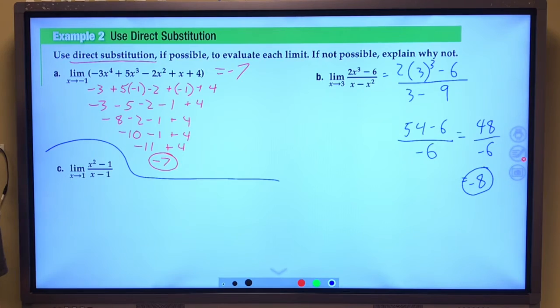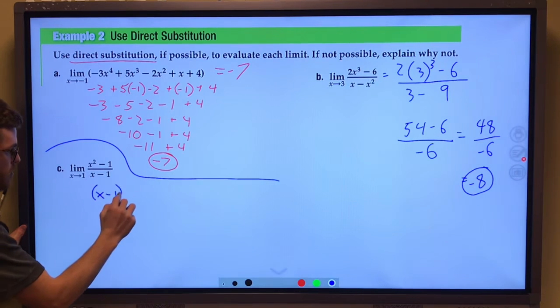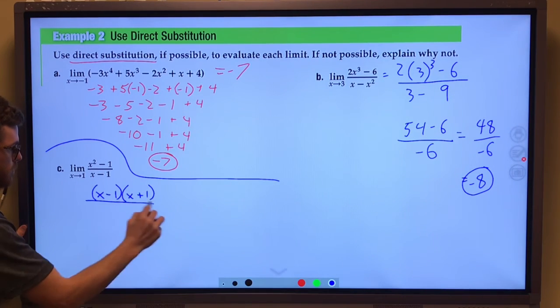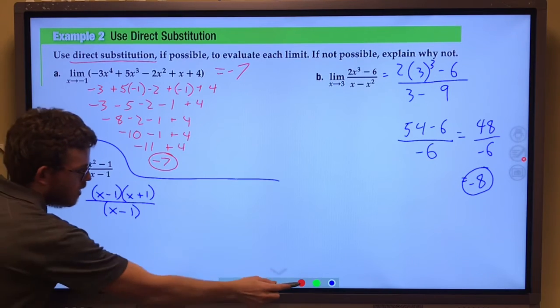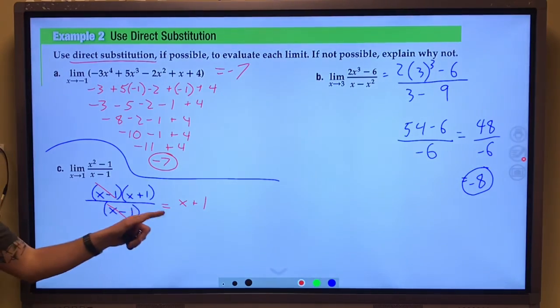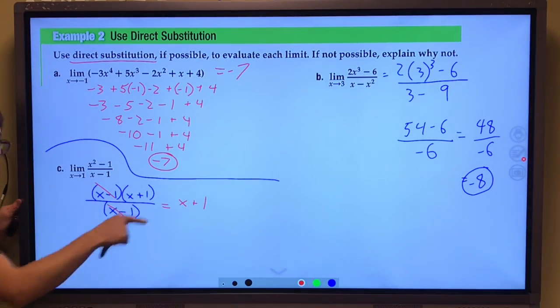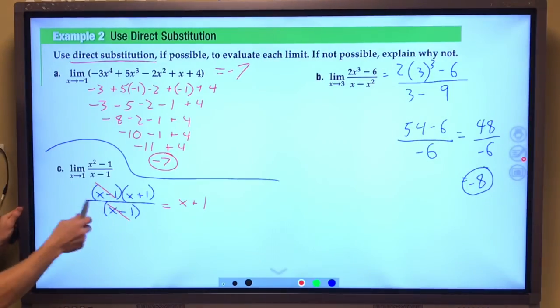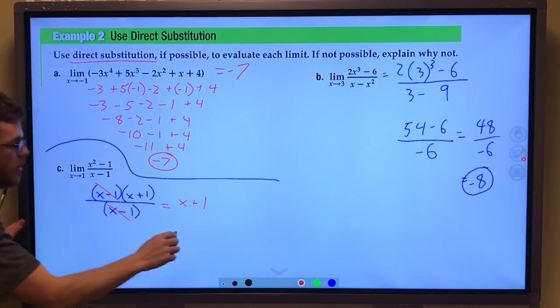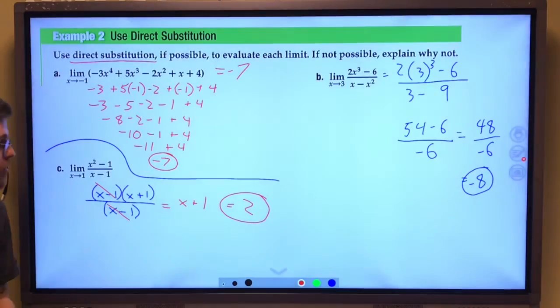If direct substitution doesn't work, try to factor and simplify our expression first. Notice right here we can factor the top by difference of squares. This leaves us with x plus 1. Well, now we can find the limit. This is a polynomial. We can find the limit. We use direct substitution now. So first we simplify it and then use direct substitution. We put in a 1 and the limit would be 2. As x approaches 1 for this function, the limit is